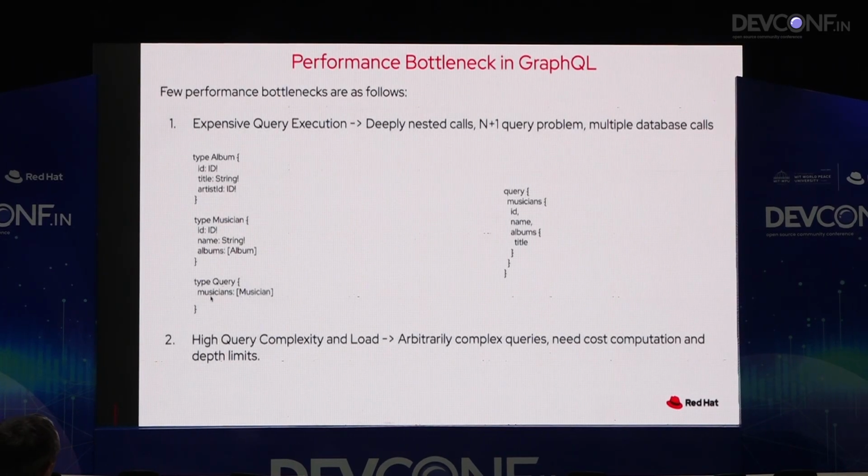So if you do a query on the musician, you will do one network call to get the list of all the musicians. But as you can see, they also have the albums subquery in that parent query. And let's say the resolvers do another network request to get all the albums belonging to a particular musician. So there are a total of 1 plus n network calls. This does cause a problem because resolving albums might be a very expensive task, and causing this many network calls will slow the responses, and obviously a bad user experience.